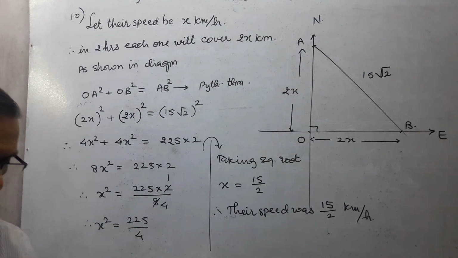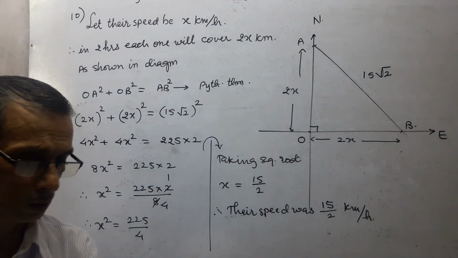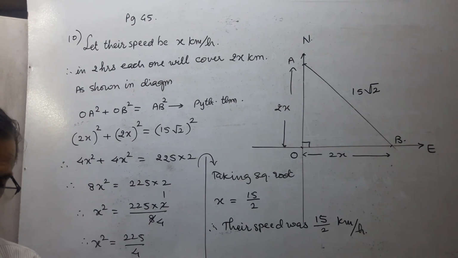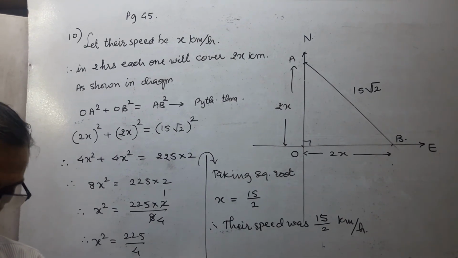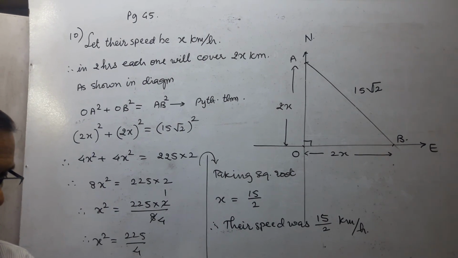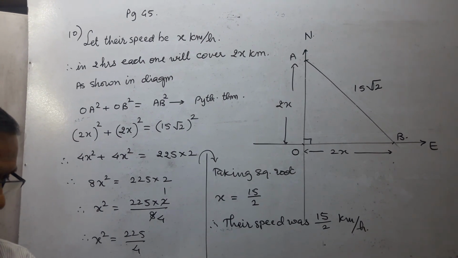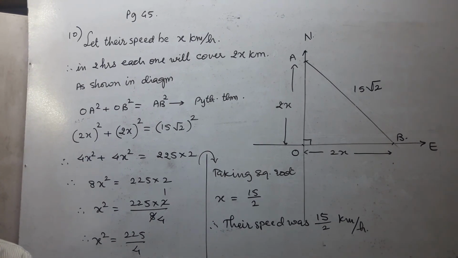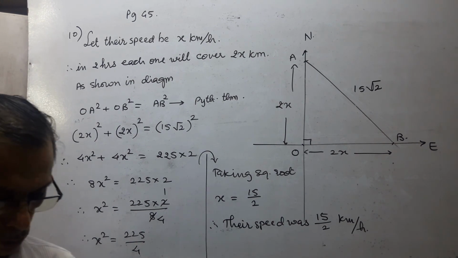And here the remaining sums you try to solve, especially on page 45. Here some thought-provoking sums are there, challenging sums are there, especially the 8th, then 9th, 11th, 12th, 13th and 14th. So you try to solve at home. I give you 2 days more, and in this way our chapter also has come to an end. Also try to solve 15, 16, 17 at home.